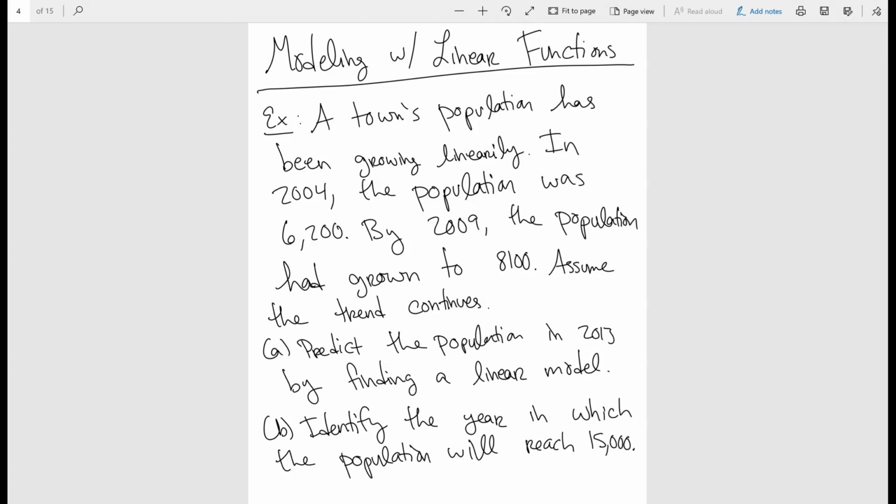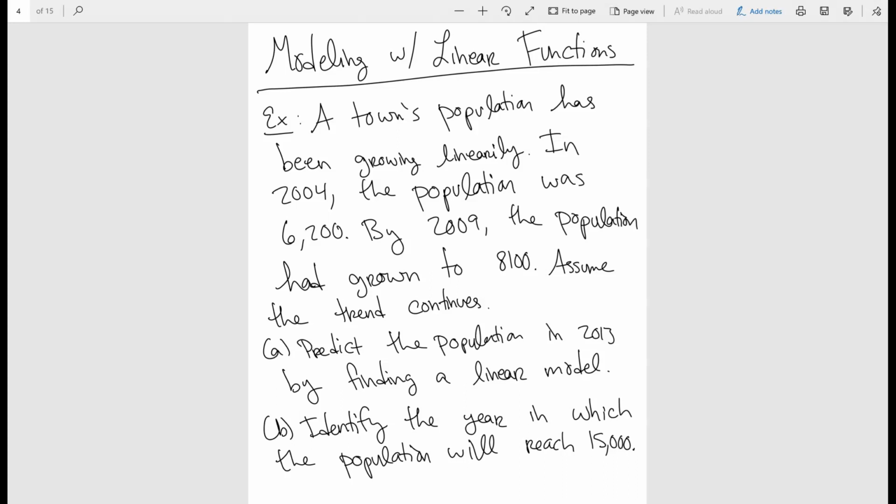You can pause it and then you can just write out the problem if you want. So a town's population has been growing linearly. In 2004, the population was 6,200. By 2009, the population had grown to 8,100. So assume this linear trend continues. Predict the population in 2013 by finding a linear model,